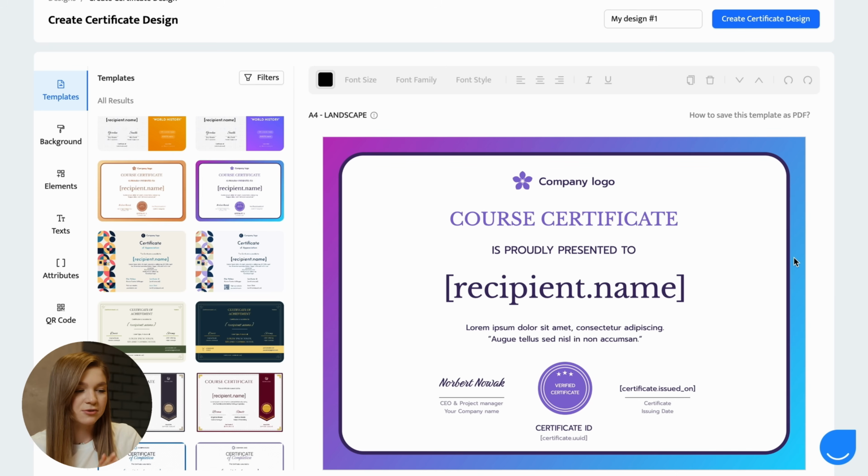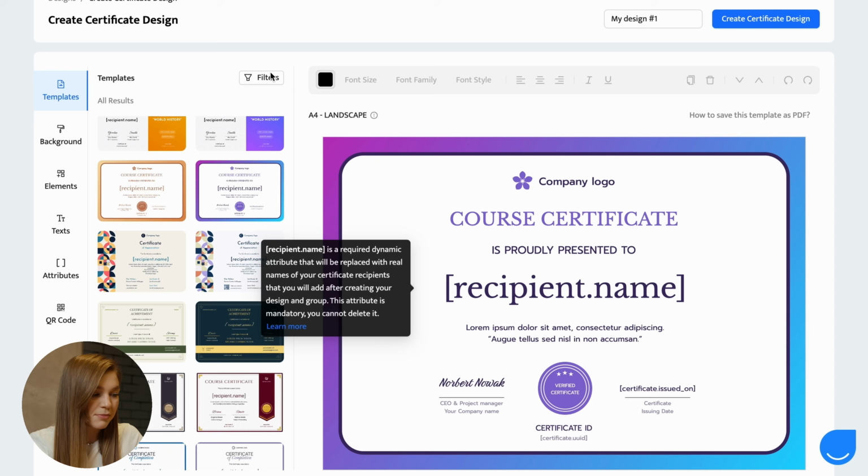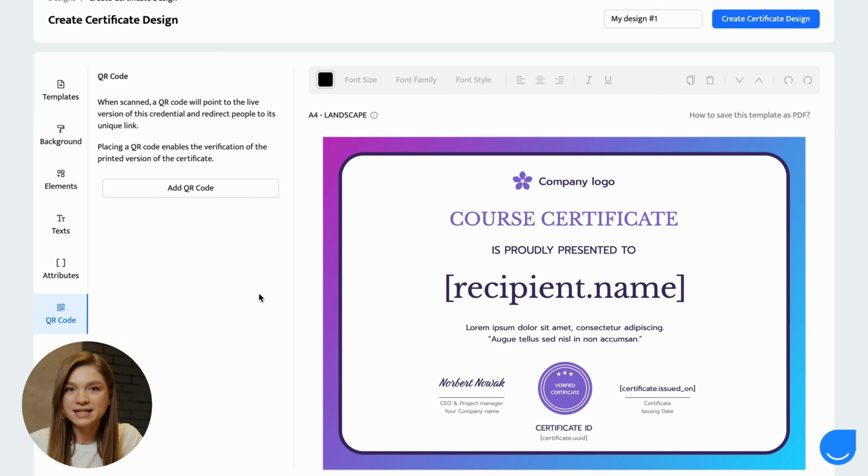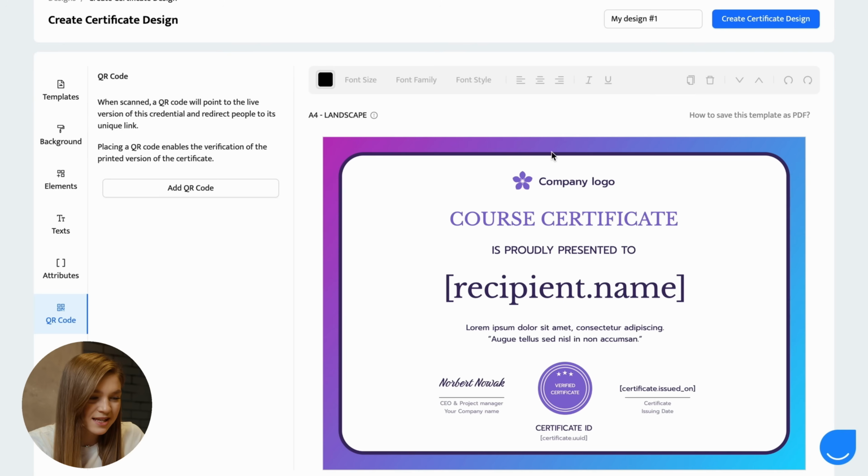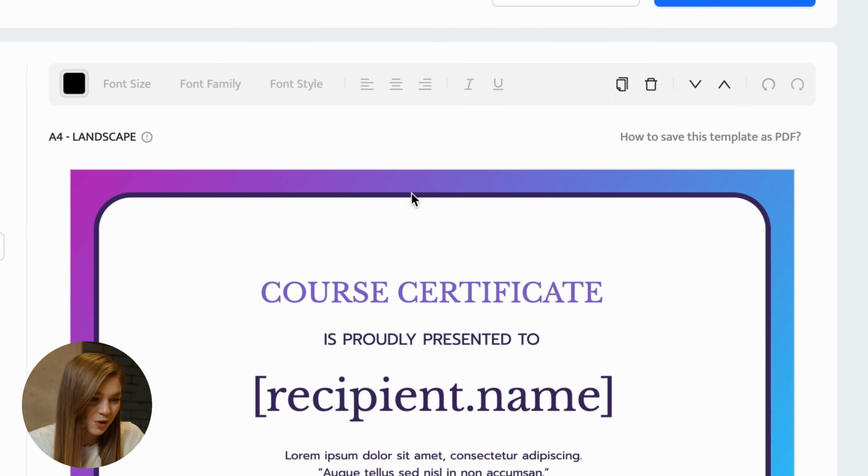So basically, feel free to remove anything that you don't want to see here, maybe some logo placeholders, edit the text that's placed on this template, or you can even customize this template by going to the QR code section and placing a QR code on top of it. I won't be spending a lot of time trying to customize the certificate template. I will show you just some basic customization possibilities. So let's now proceed with removing this logo placeholder.